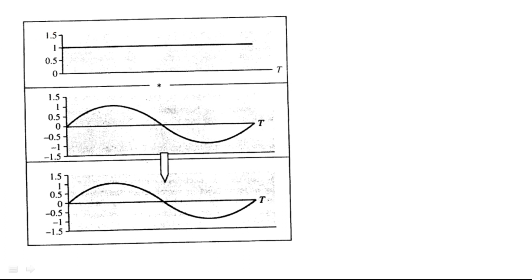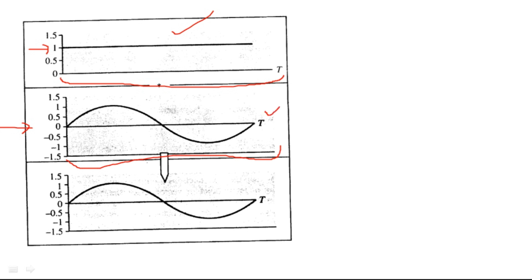Here you see the amplitude levels 0, 0.5, 1 and 1.5. At the mark of 1, for the time period from 0 to capital T, we have a constant amplitude at level 1. That is u of t. The second function is the sine function, sine omega t, again for the time interval from 0 to capital T.